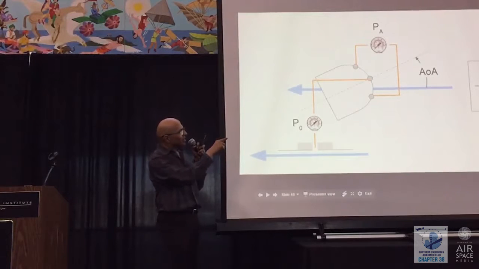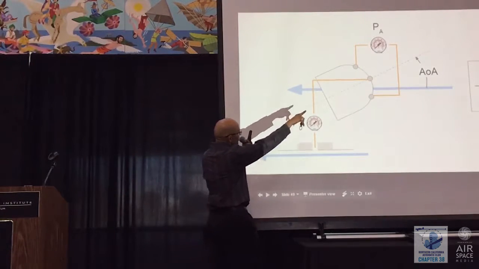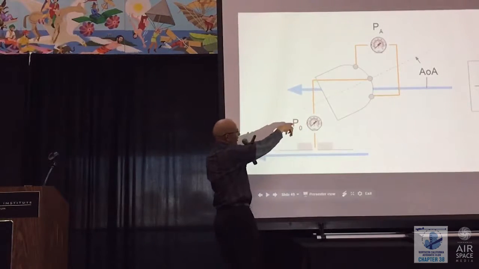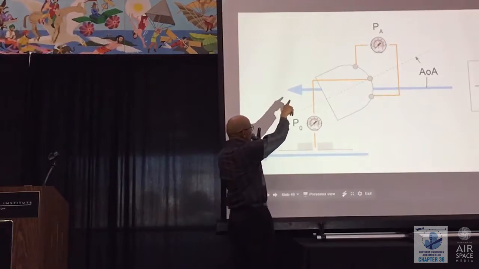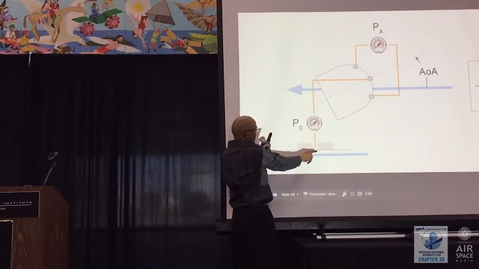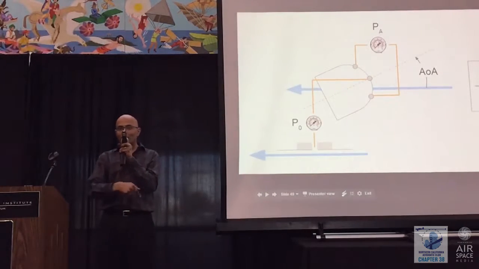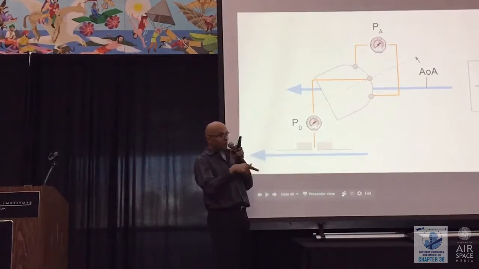So this is the situation that we plan to build. So imagine this is a probe. This is the angle of attack, you can see. And we're measuring, first of all, a pressure we call P0, which is the pressure in the center hole. And that is the difference between that pressure and the pressure at a static source. You will recognize that that's exactly the pressure that your airspeed indicator measures. In fact, your airspeed indicator is just a pressure gauge that's calibrated in knots or miles per hour.